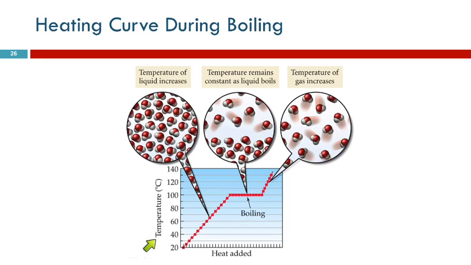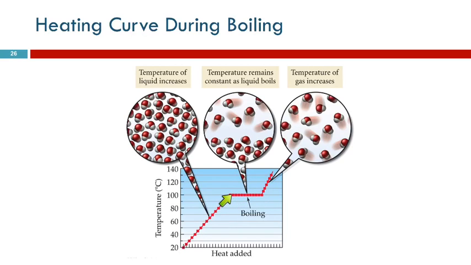This is what's called a heating curve. So it's a graph of the temperature here in degrees Celsius versus the amount of heat that is added. We don't really care what the unit is here, but we're adding heat. So if we take water at 20 degrees Celsius and we add heat to it, it makes sense that the water's going to heat up. It's going to get warmer, right? So we add more heat, the water gets warmer and warmer. And as that happens, the vapor pressure of the water goes up until it gets to 1 atmosphere. At 100 degrees Celsius, the vapor pressure of water is 1 atmosphere, and it begins to boil.